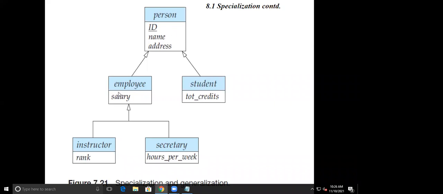They can be categorized neither as employee nor as student. Then this person set has partial participation in this relationship. Whereas if every employee is either an instructor or a secretary, then I can say that the employees' participation in this specialization is complete or total.